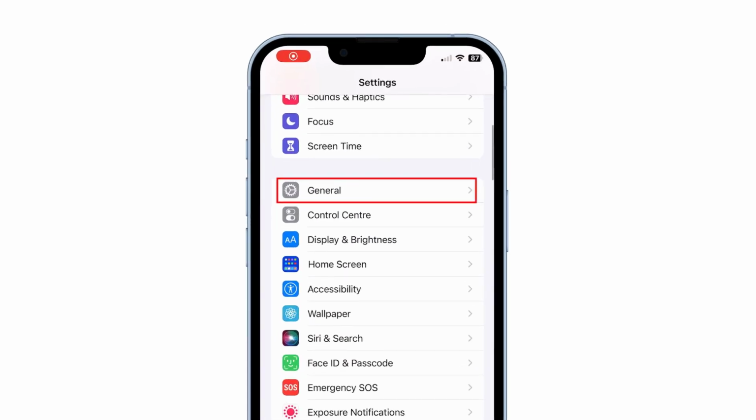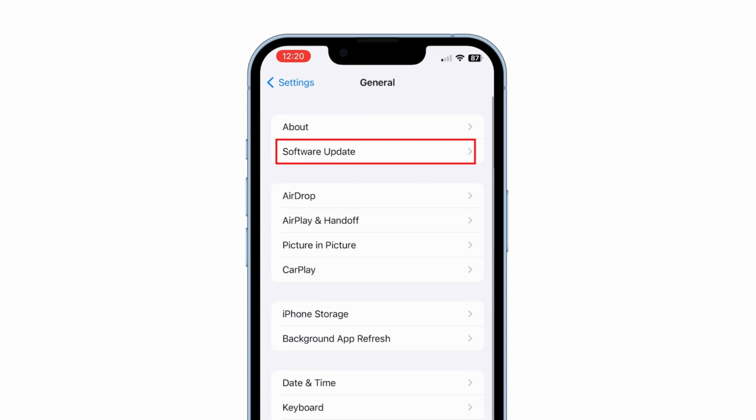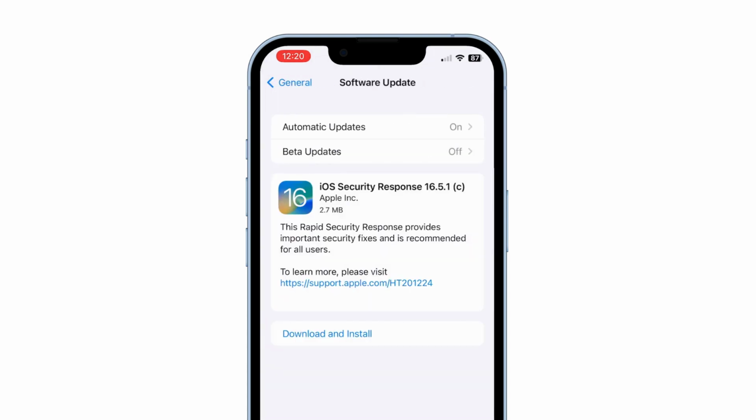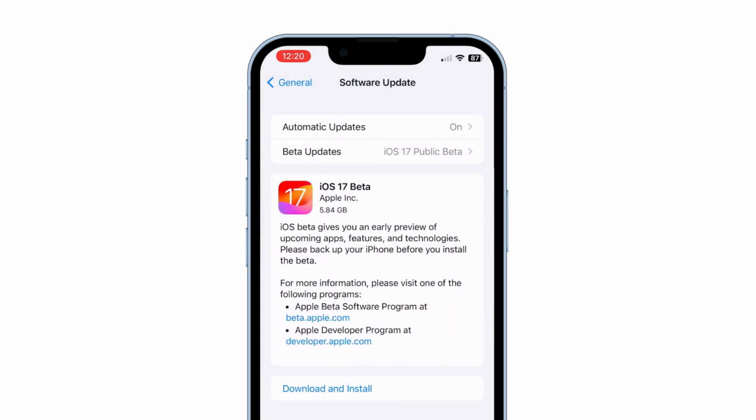Tap on it to access the General settings. Next, look for Software Update and tap on it. Inside the Software Update menu, you might find an option called Beta Updates. You should now see iOS 17 listed there. Select it to continue. Now, go back to the Software Update page, and you'll find iOS 17 public beta available